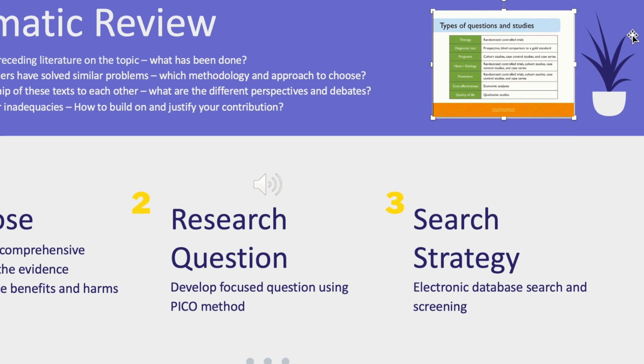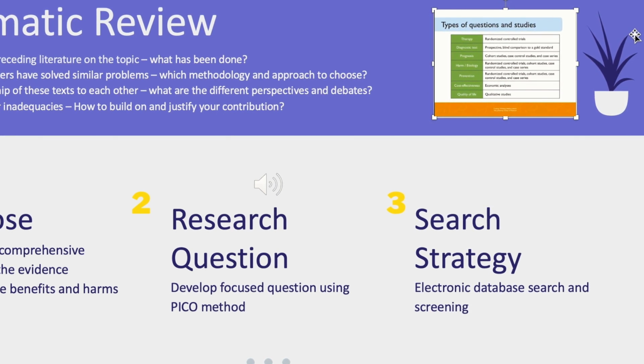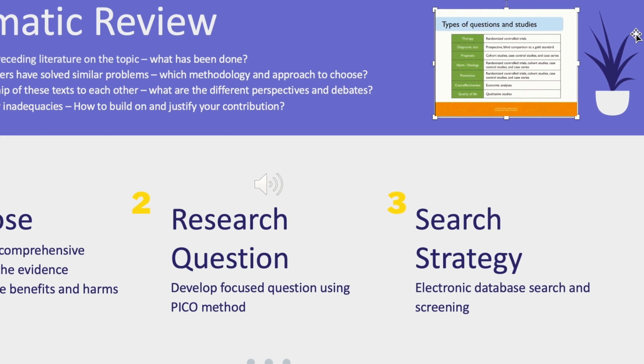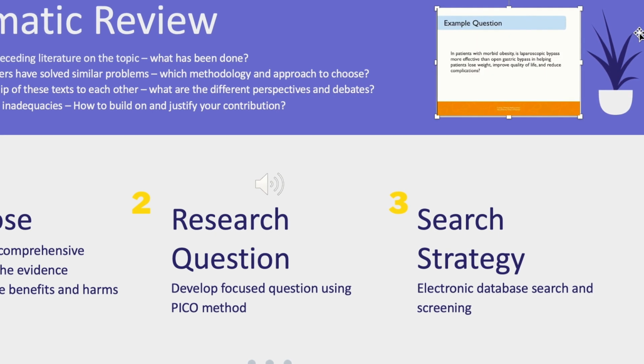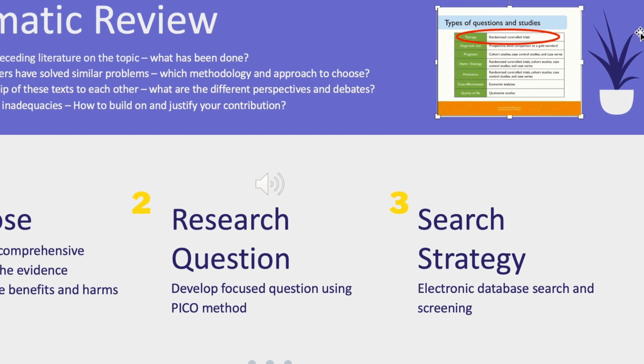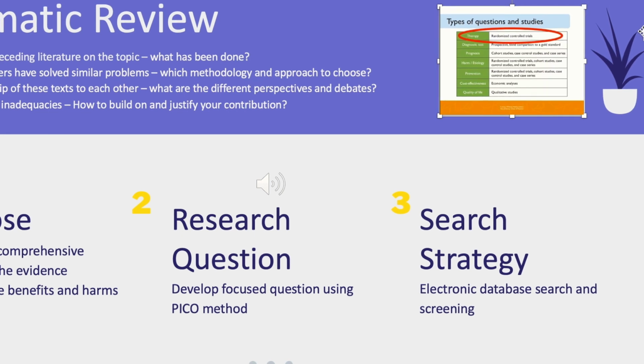This is a table showing different types of questions and the most useful study designs for each type. This will help you determine what study designs will best answer your question. The example above is a treatment question, and in most cases, a randomized controlled trial is best for answering such a question. So if this is your review topic, you should pay special attention to randomized controlled trial studies when